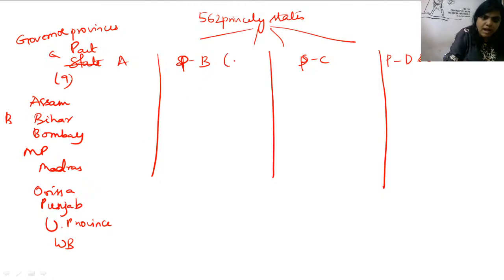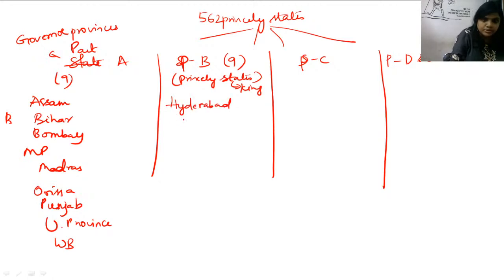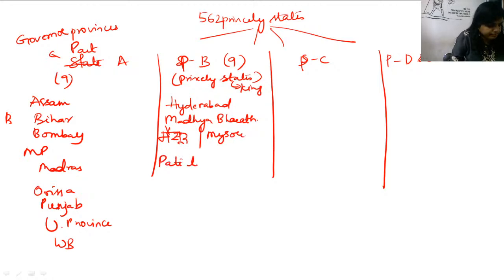Part B also we do have 9 states. Now these are called princely states. Princely states because they are ruled by whom? The king. What are those states? We have Hyderabad. Next we have Madhya Bharat. We have Mysore. We also have Patiala, Rajasthan,